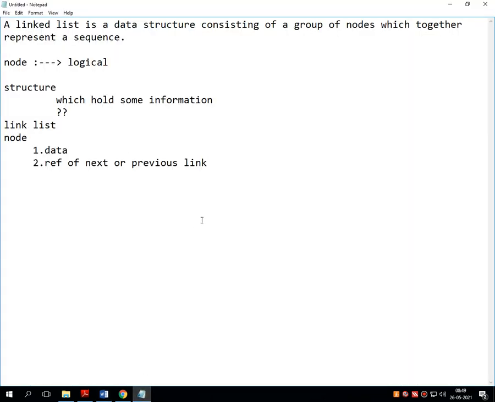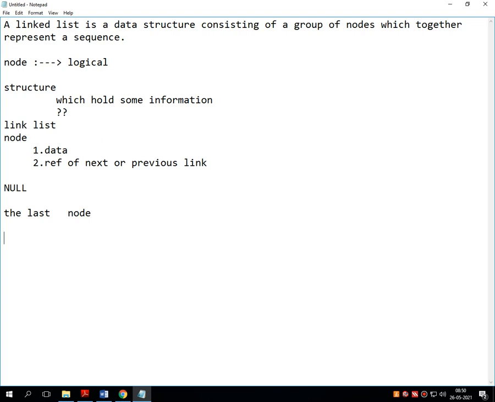So it's very clear that in a single linked list, whenever we find null in the reference part of a node, that node is considered to be the last node.